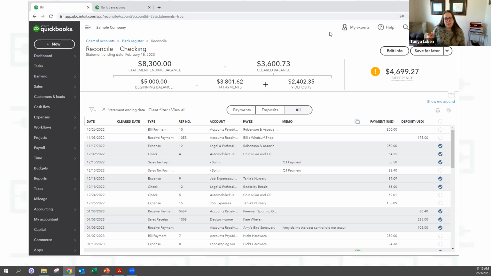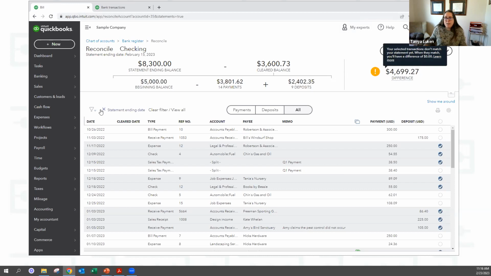The other thing you have to watch out for is things that are on your statement that are in a future month in QuickBooks. If you have a transaction on your bank statement that's dated February 28th, but it's dated March 1st in QuickBooks, it's not going to show up on the screen and you're going to be off by that dollar amount.